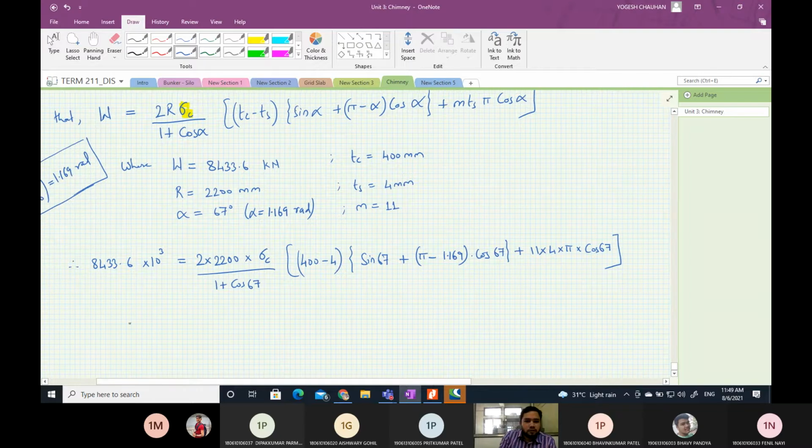So you can find this sigma c, which will be equal to 4833.6 multiplied by 10 to the power 3, multiplied by 1 plus cos 67 divided by 2 into 2200 into 4, multiplied by 400 minus 4 multiplied by sin 67 plus 5 minus